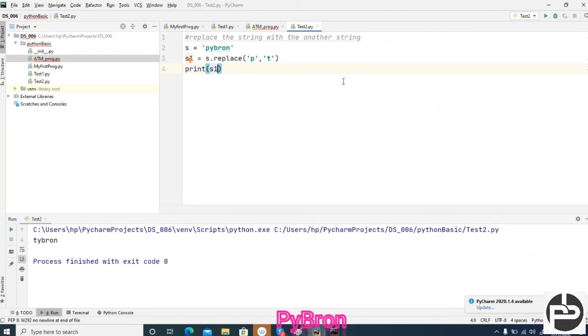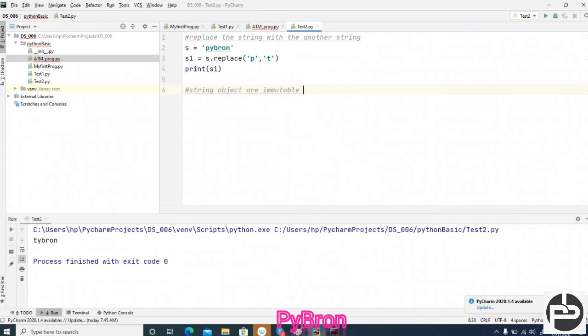Okay, let's see some question answers. One most popular interview question, up to this whatever we taught. First question: string objects are immutable, then how can we change the content by using the replace method?